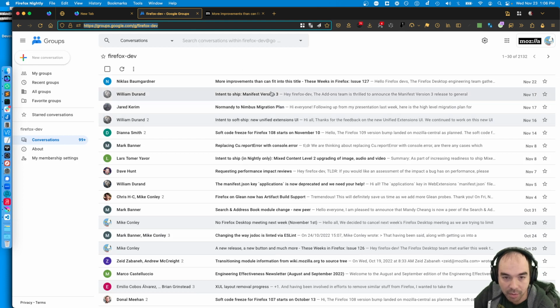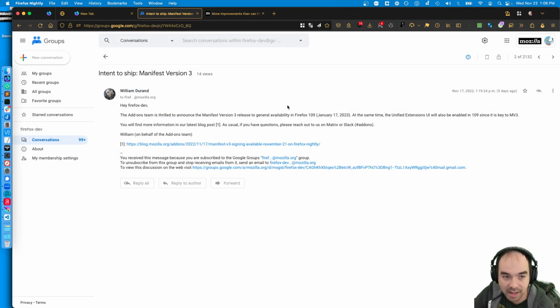Let's see. In here, there was intent to ship manifest version 3. This is the post that's worth noting from my colleague William here. And William is saying that the add-ons team is thrilled to announce Manifest v3's release is scheduled for Firefox 109. That's hitting release on January 17th. But right now, 109 is what's in Nightly. So if you're running Nightly,